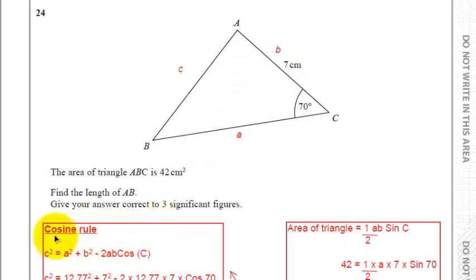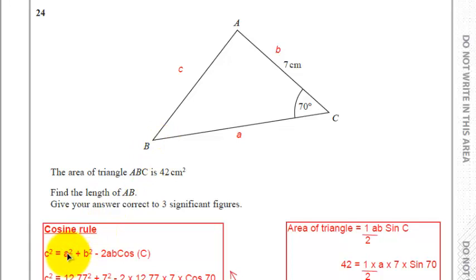Now the cosine rule, which I've written here, is one of those formulae the exam board has said you have to learn. As I want the side AB, which is opposite the capital C, that's little c, this is the cosine rule in the form of working it out for little c. So it's a squared plus b squared minus 2ab cos C. Now I have the cosine of C, I have b, which is 7, but I need to do something to